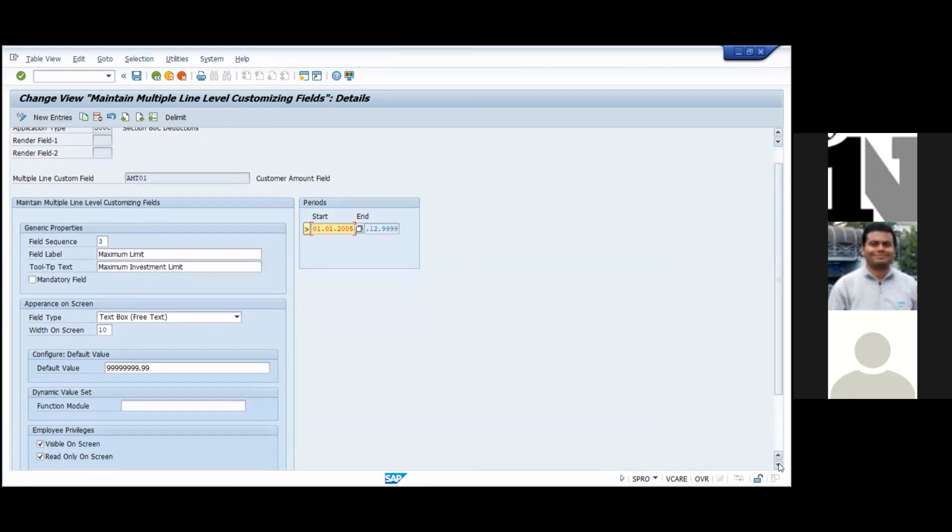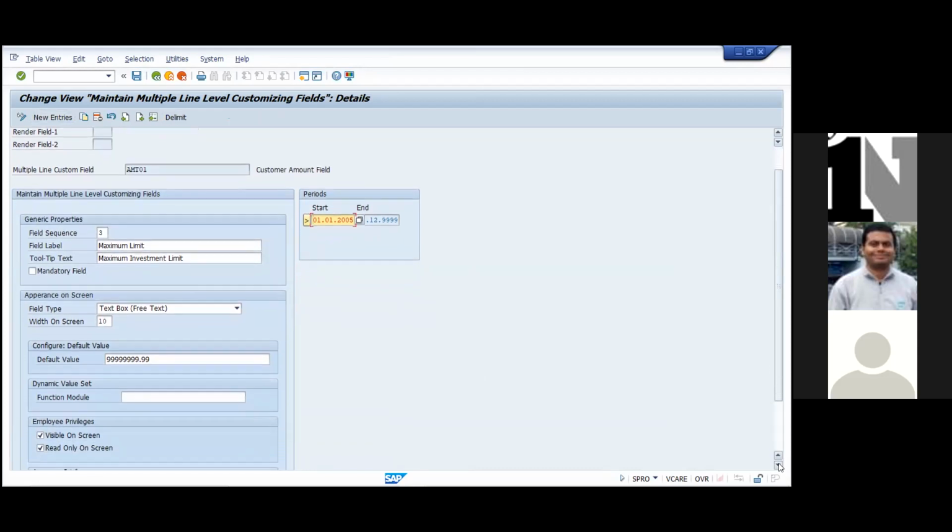And there is an option of function module. What is a function module? Any idea? No, sir. Function module basically comes from ABAP. Suppose you would like to customize something, then you can set up that function module name here so that it will be controlled via that. You can write that, but it is standard also, you can use it. There is no hard and fast rule as such.